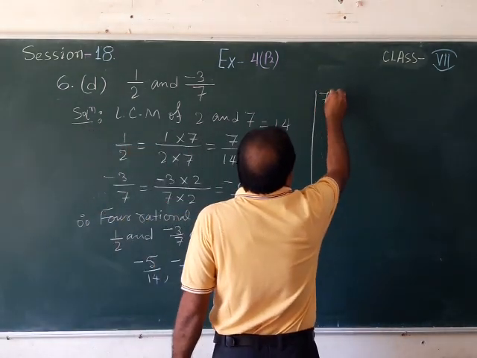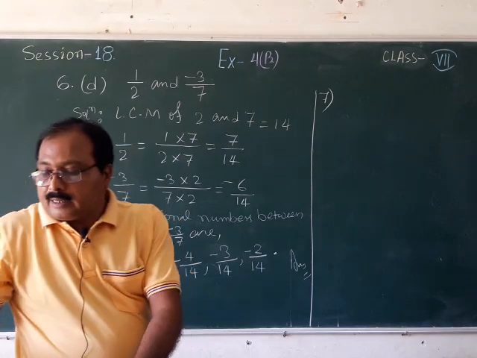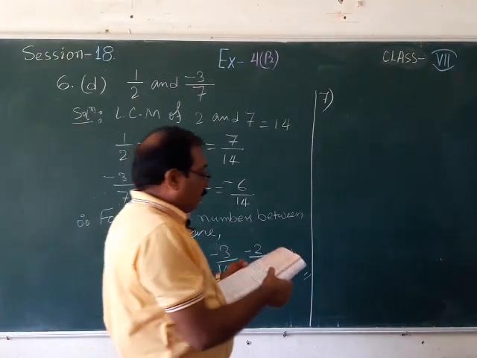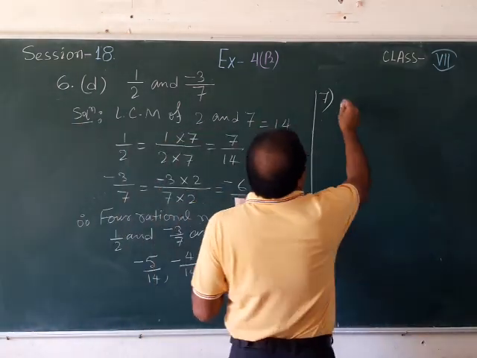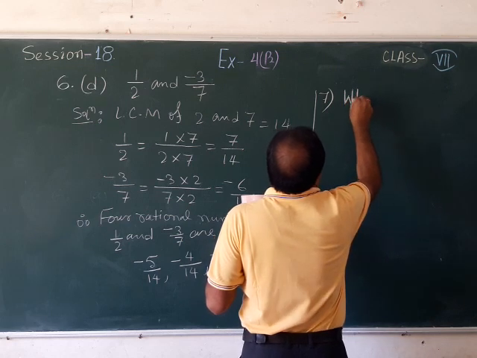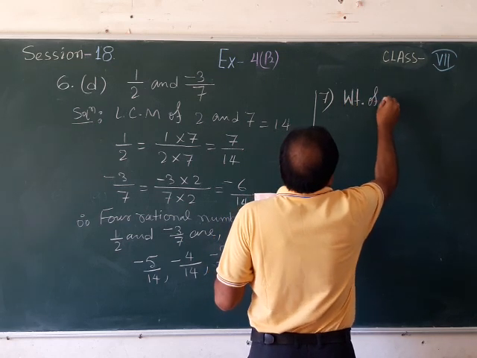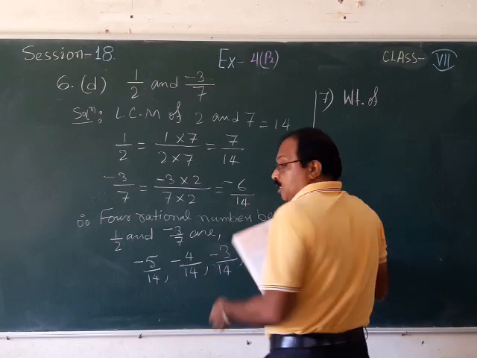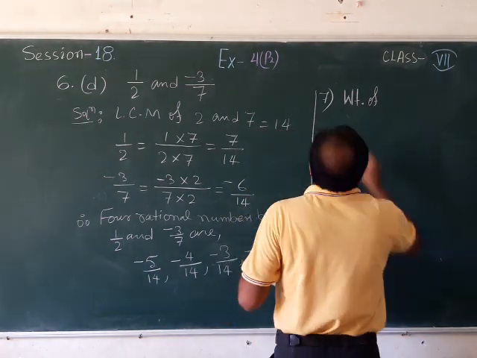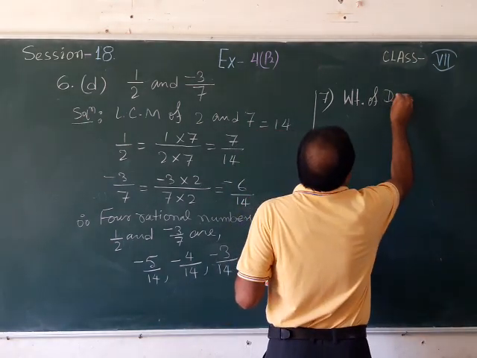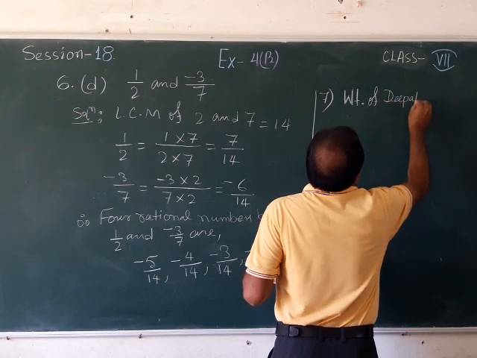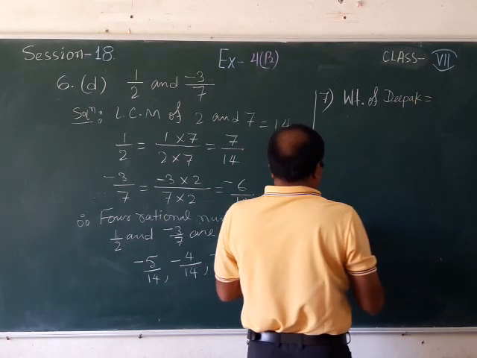Let us see the statement part. Weight of Deepak, you need to write WT, weight of the first person, Deepak, and it is given that it is